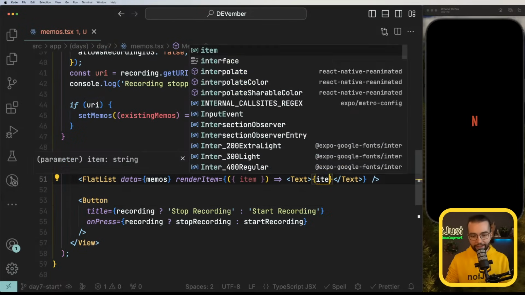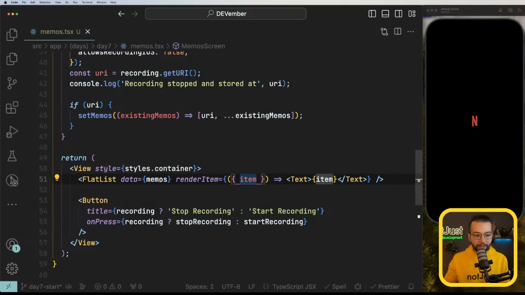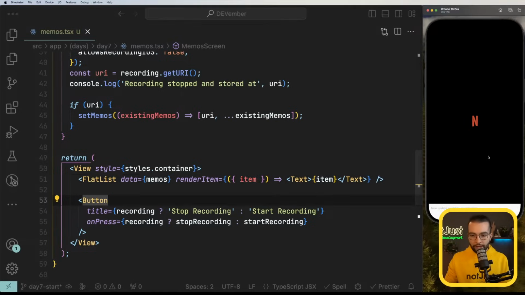Or not URI, but item. The item is going to be one item from these memos. So now if I refresh,